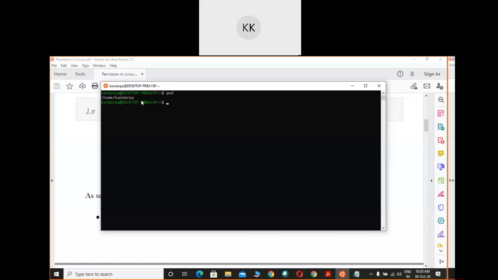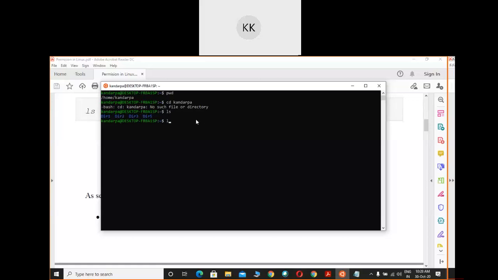Okay, now if I want to go inside Kandarpo, what to do? cd Kandarpo. Okay, what happened? Is there any spelling mistake? Oh, yes. Already you are in Kandarpo. That's why it is not showing anything like this. So now please put the ls command. Okay, in the ls you can see there are four different types of directories. Right now, if you put the ls command, then you will find this directory list.